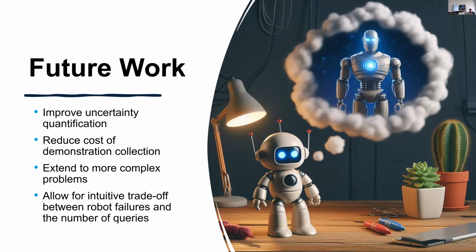So for the future, we're still not there to realize the dream that Jens was talking about. There's still a lot of work to be done, and these are very simple examples of simple tasks. Some things we would like to work on are, for example, to improve the uncertainty quantification. Perhaps we could do this in a more optimal way to better filter out when we should ask for a demonstration, in which states we would like to have a human demonstrate or